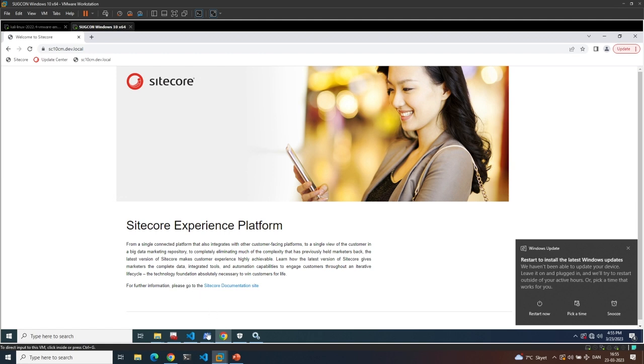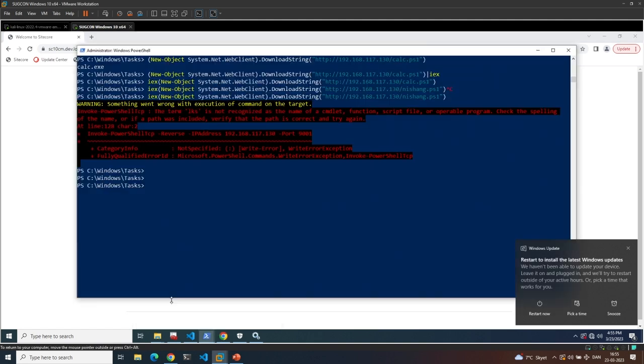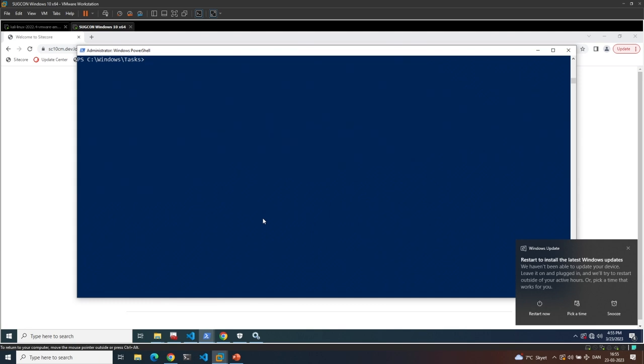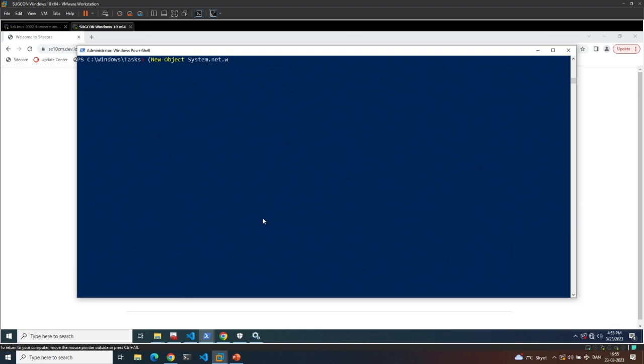Then I'm going to switch over to my Windows machine. And the first thing I would like to show is actually one of the benefits of PowerShell, and that is you can run .NET, right? It's nice and easy, and there's a lot of things you can do. One of the things you can do is instantiate a new object. And one of the objects that is nice to have, since you have to download your payload from offsite, is System.Net.WebClient. I'm going to cheat a little bit and do it like this. Nobody saw. I'm going to download a file.